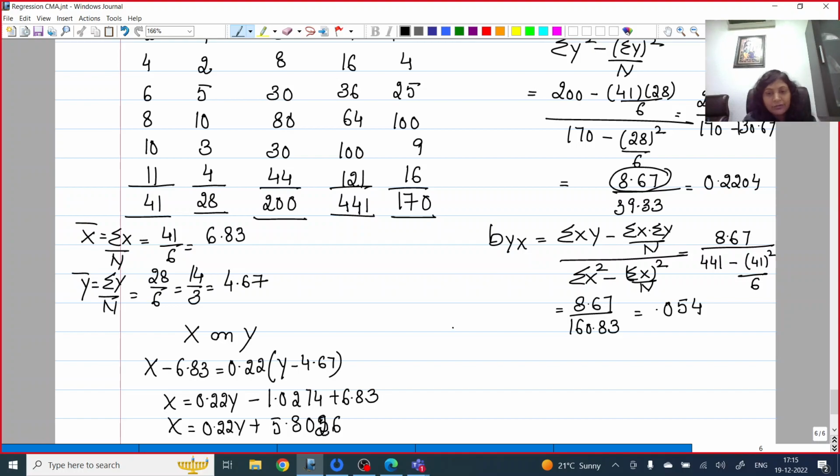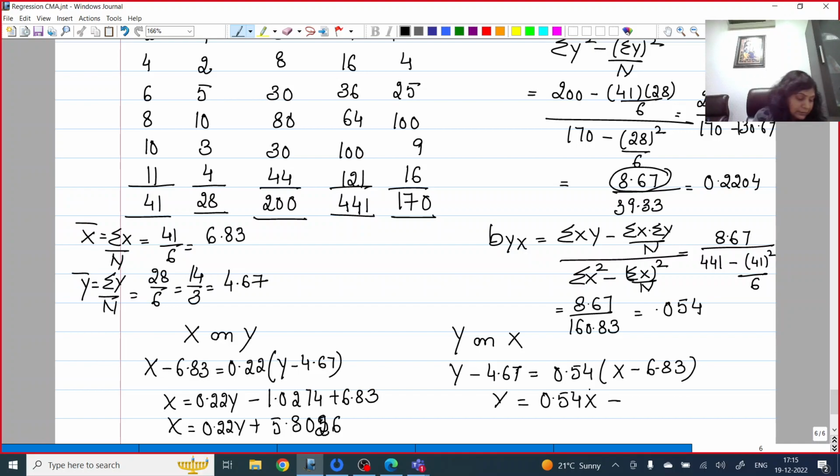So this is x on y. If we want to compute y on x, then y minus y mean equals 0.54 byx times x minus x mean. So y equals 0.54x minus 6.83 into 0.54. This becomes 3.6882 plus 4.67. So y is equal to 0.54x plus,